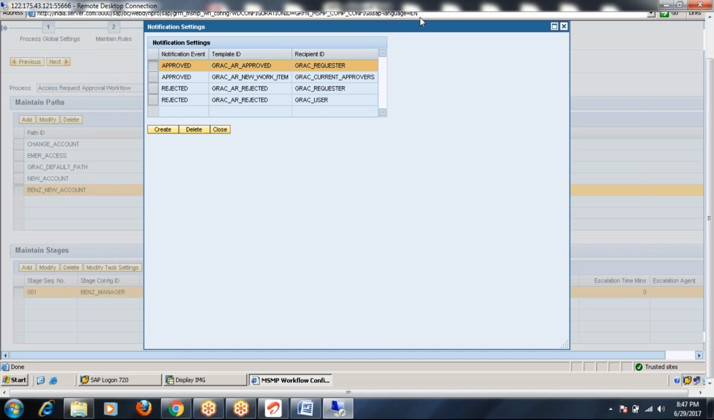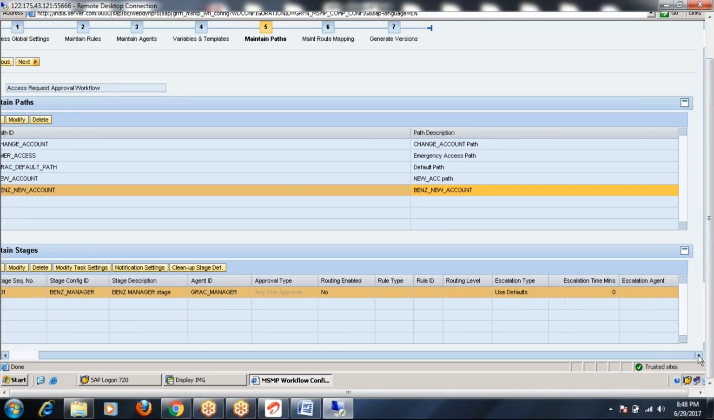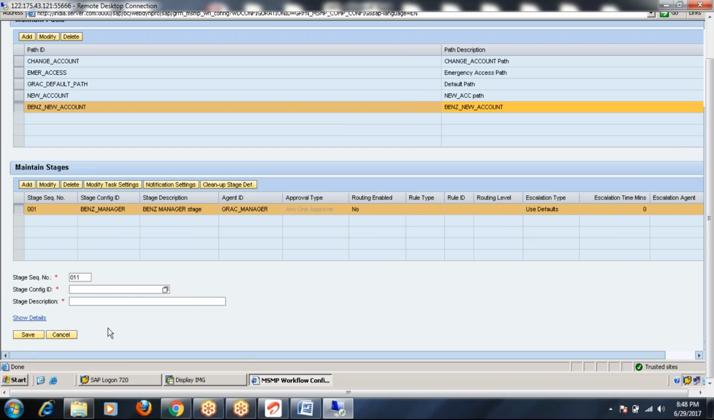Clear everyone? Any doubts so far? Those were the notification settings for the first stage called manager. Right, close this. Now going to the second stage, add. So stage number 2,